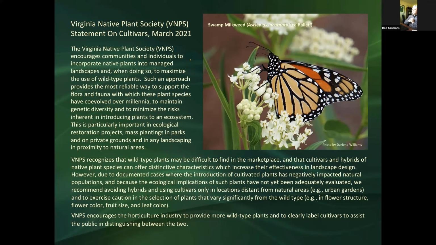For instance, the photo here is this very popular, common cultivar of our native swamp milkweed, Asclepias incarnata, the Ice Ballet cultivar. And someone